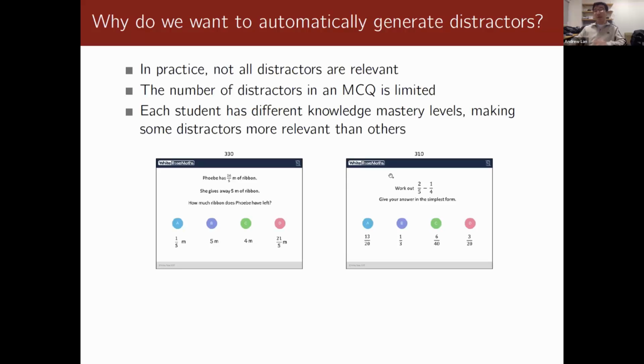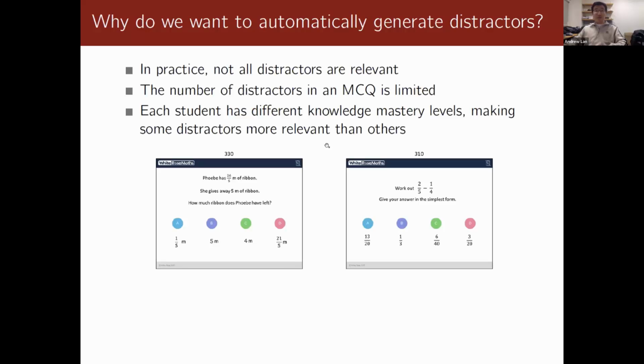So they're not actually very useful. But on the other hand, you also run into another issue, for example, the problem on the right-hand side. You have more relevant distractors than you can fit in an actual problem. For this problem, you can come up with 5, 6, 7 different relevant distractors, but in practice, you can only put 3 there. These observations tell us that the current format of coming up with distractors is quite limiting.